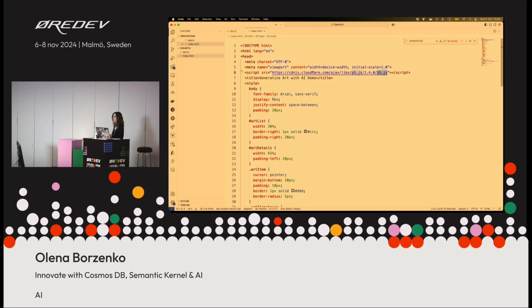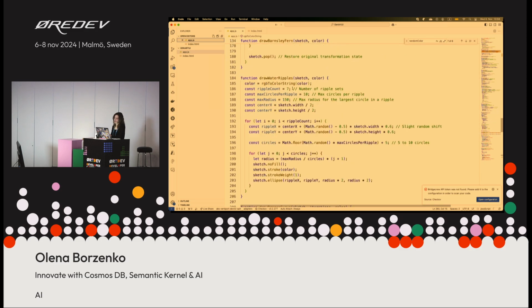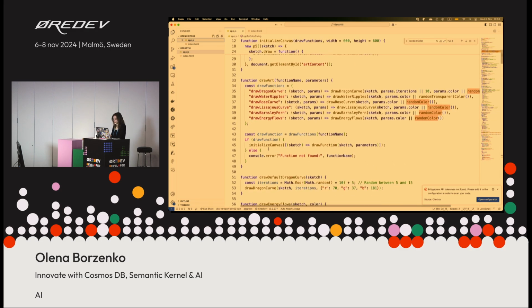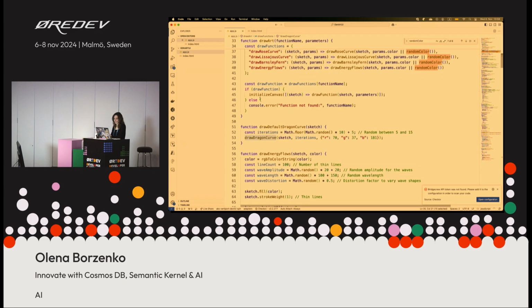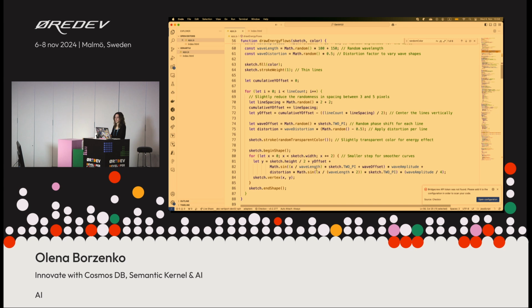There's also an online editor where you can, for example, test your generative art results. I really like playing with this sometimes, and I really like doing some generative art experiments. So I used it here, and then there is a long JavaScript file. I think it has around 500 lines because it has all the function implementations. So, for example, dragon curve, like draw energy flows. This is the implementation of it.